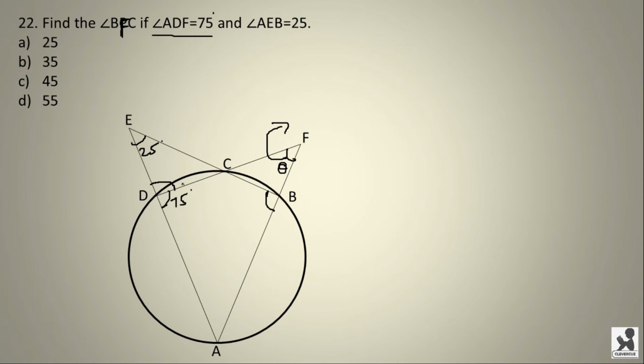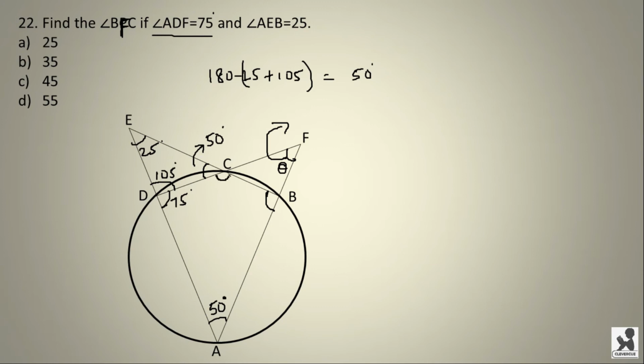If we take angle CDE, we get this as 105 degrees, and angle ACD is equal to 180 minus 25 plus 105, which is 130, that is 50 degrees. So we get this angle as 50 degrees. If this angle is 50 degrees, angle DAB is also 50 degrees. I think you understand how the opposite angles over here will be equal,